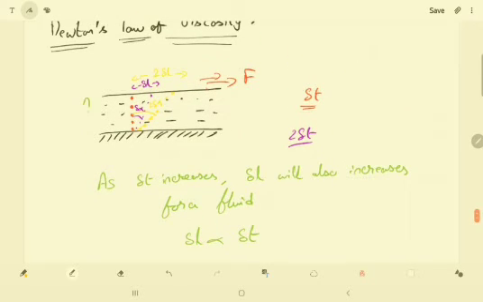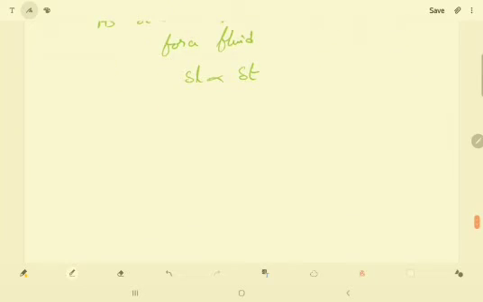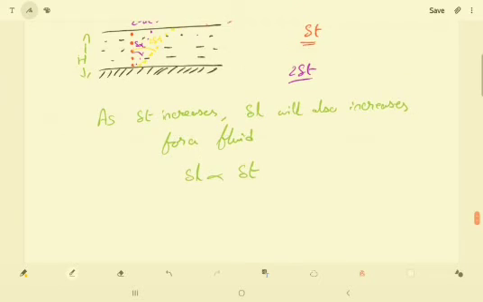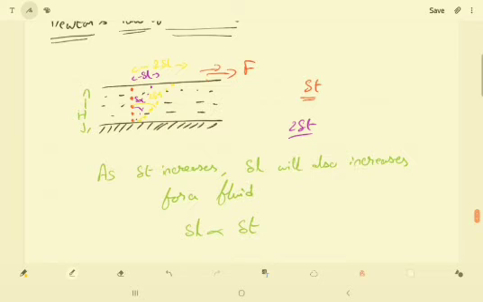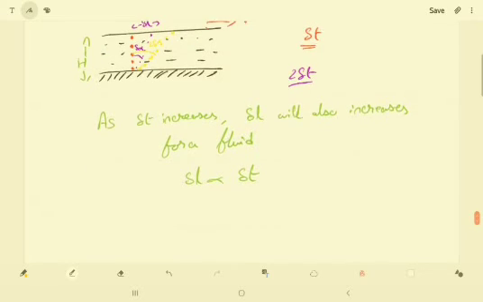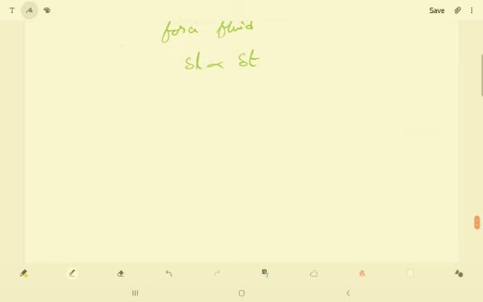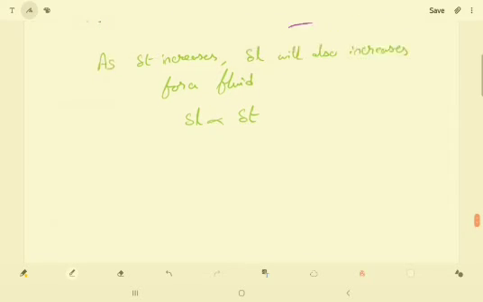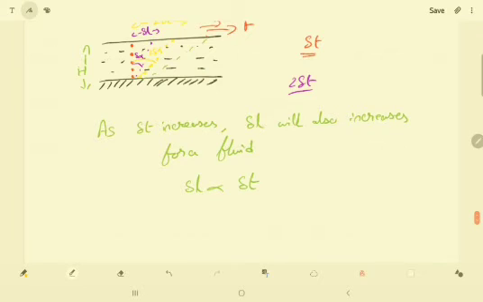And let the distance between these two plates be capital H. Now that means whatever the flow, if we apply more force, then the particles will start to deform from their original place very quickly. That means the fluid does not offer any reaction opposite to the force we are applying. So however much you deform, that much it will be deformed.